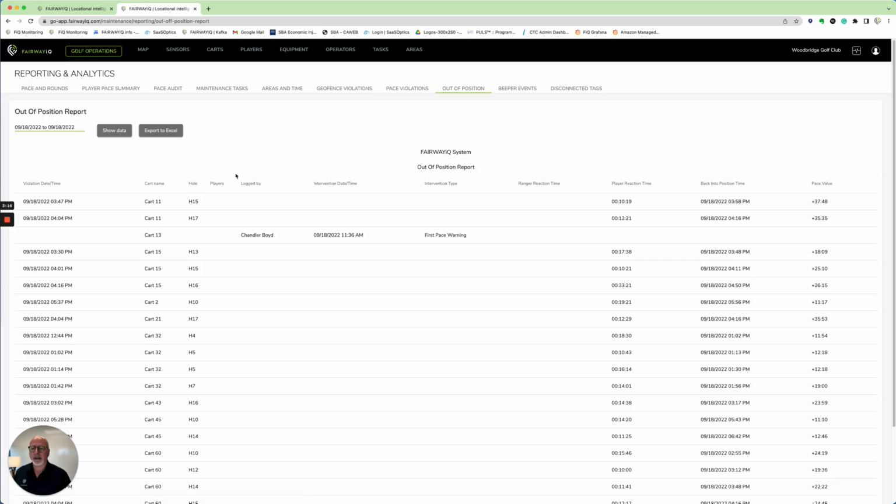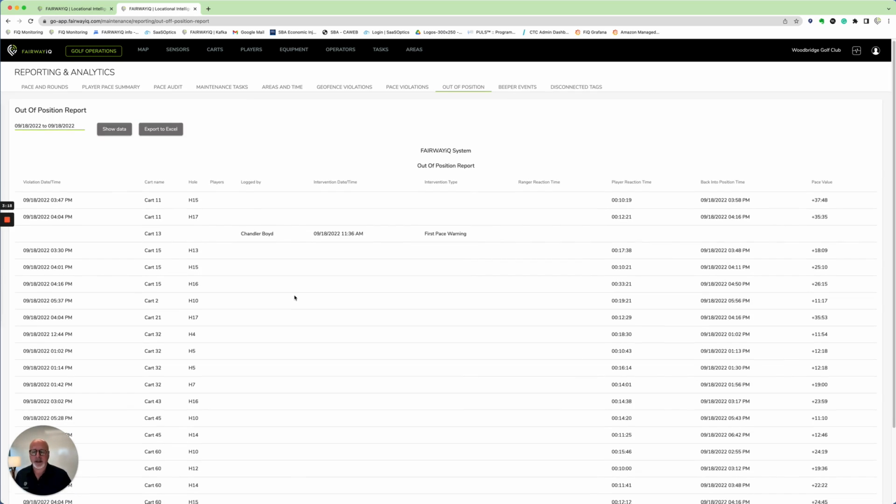All this ends up in a report that can get sent to your email box, or you can analyze at the end of the day. And you'll notice that on this cart, there was a pace warning. You'll see here that some carts actually self-heal. They get back into position after a period of time, and those times are all logged so that you can